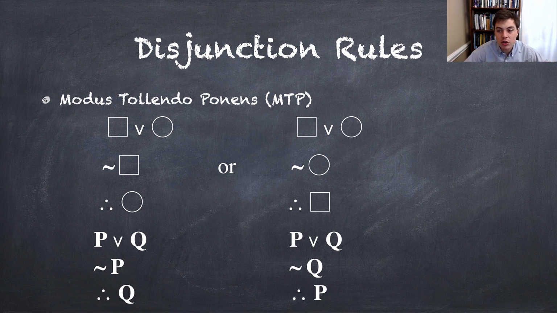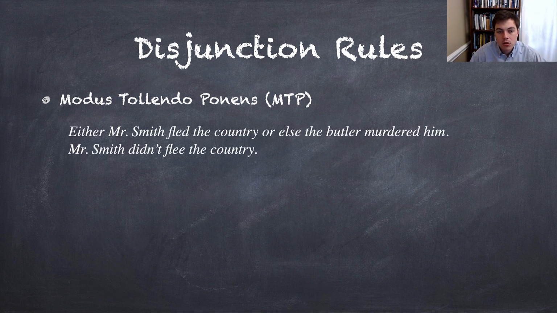The negation of either disjunct alone on a line allows you to license the conclusion that the other disjunct is true. You can break it off, so to speak. So in English,